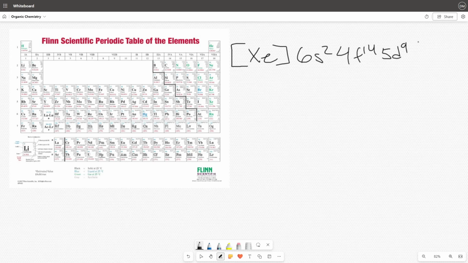Although this does follow the rules presented in the Aufbau principle, this does not actually reflect the real electron configuration of gold. If you go on to a Google search and search up the noble gas configuration or the noble gas electron notation for gold, it would be [Xe] 6s1 4f14 5d10. Last episode, I told you guys that the electrons go into a specific order. And although they do follow roughly the same order here, there's now 1 electron in the 6s orbital and 10